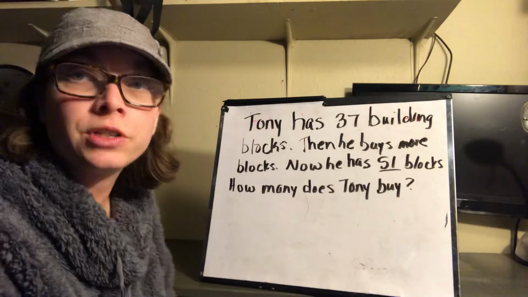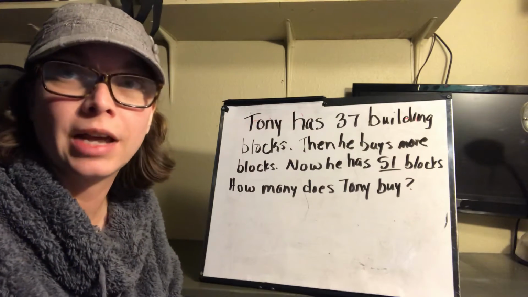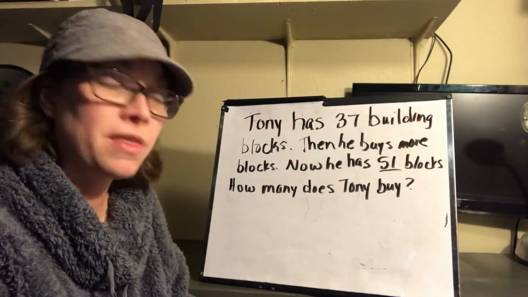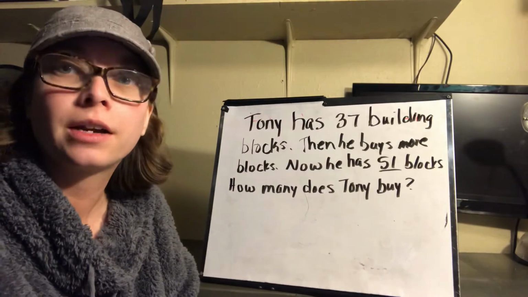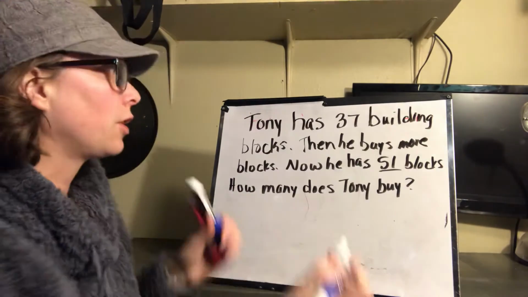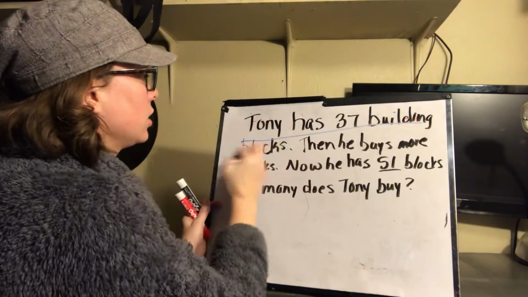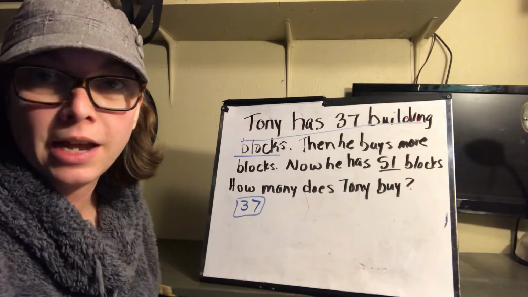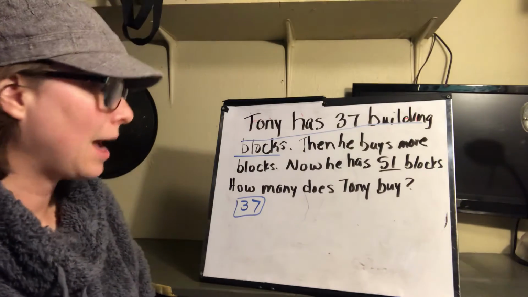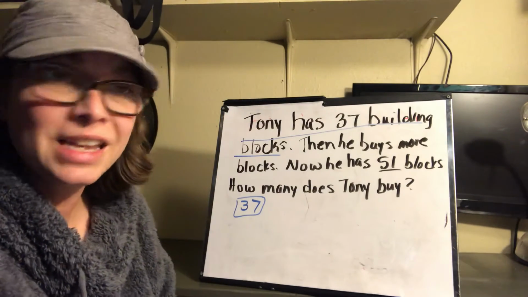Okay, so when we first start, we like to think of the story as a beginning, middle, and end. So I'm thinking about what do we know that happened at the beginning of the story. Okay, Tony has 37 blocks. So we know our story starts with 37 blocks that Tony has. Okay, and then what happens? We know then he buys